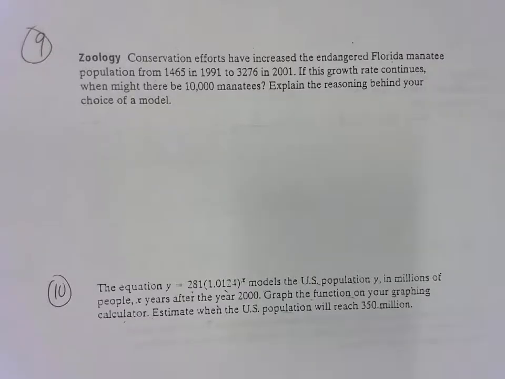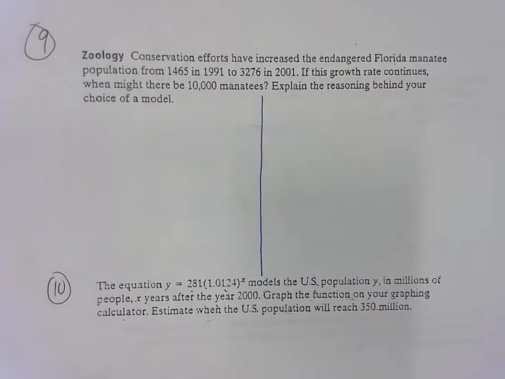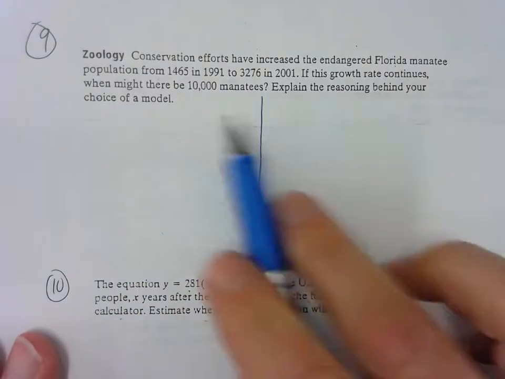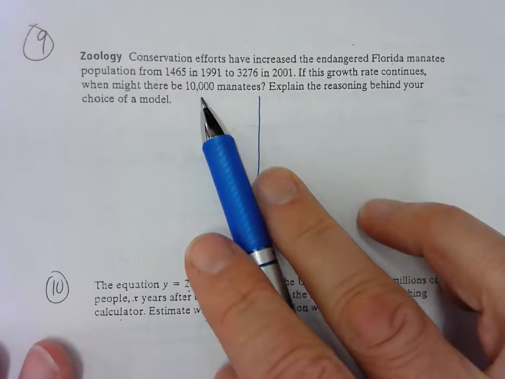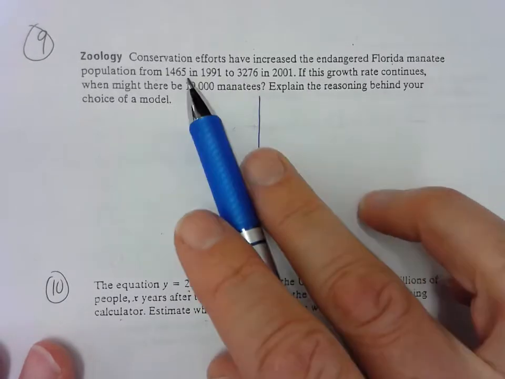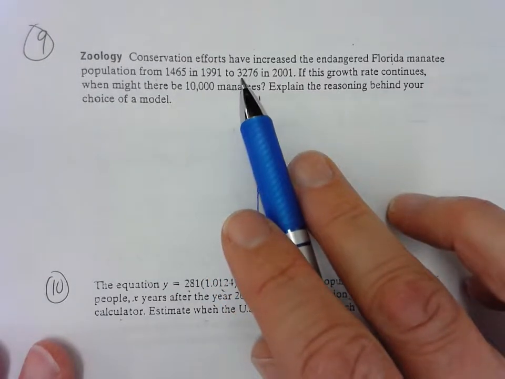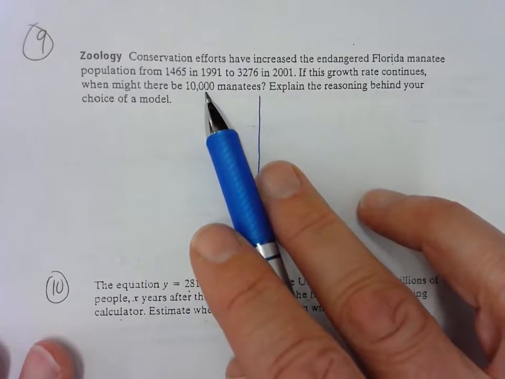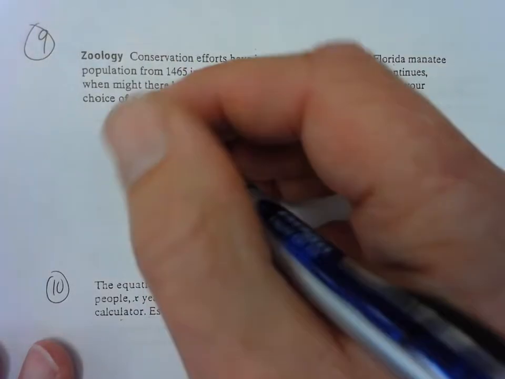Okay, problem number 9 is a two-step problem, so I'm going to draw a line here to make it in 2 steps. We have to figure out how long it's going to take for 10,000 manatee to appear in Florida. So we have a starting amount of 1465 in 1991 and a stopping amount of 3276 in 2001, and we want to know how long it takes to get to 10,000 manatee. I'm going to use y equals a b to the x